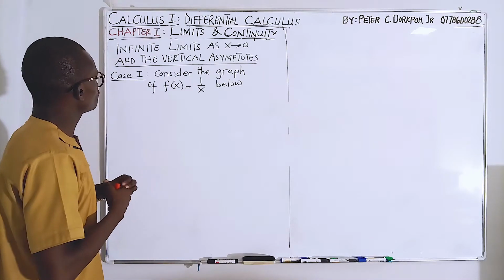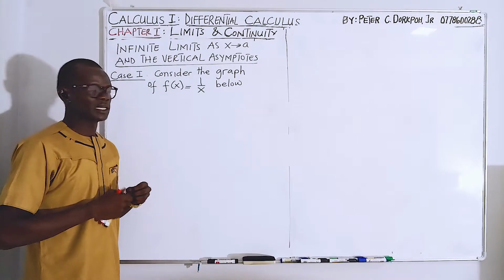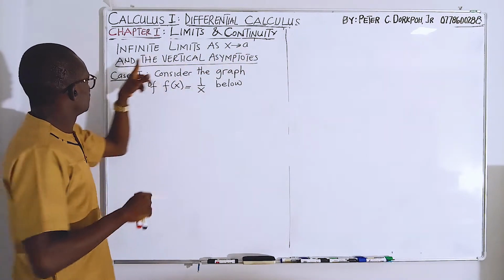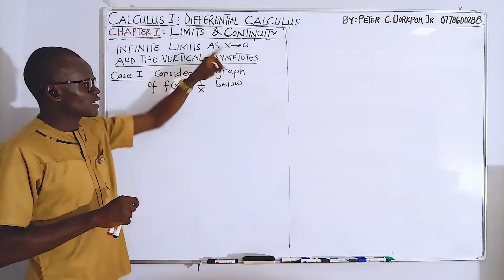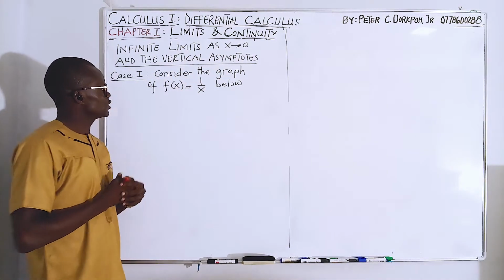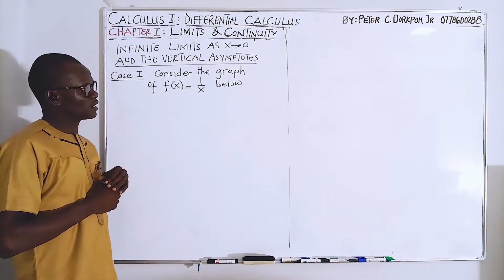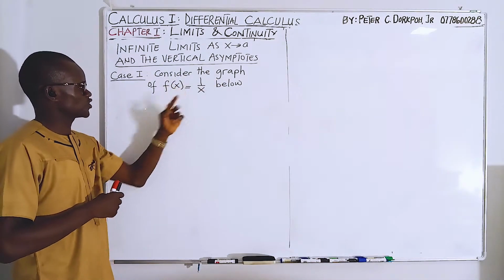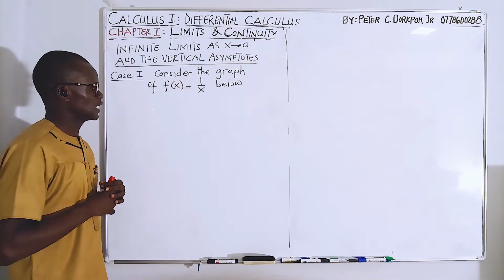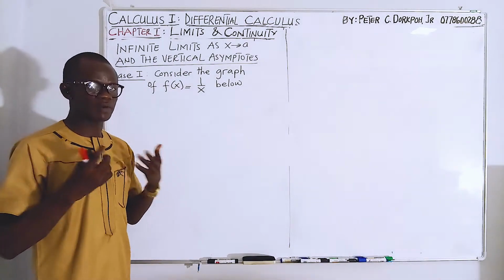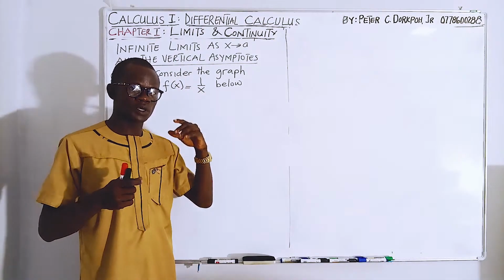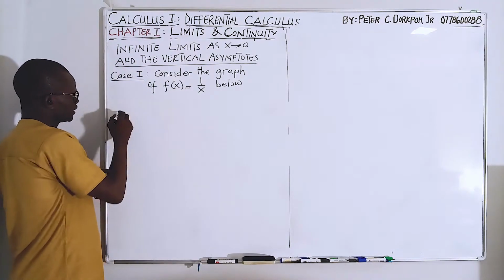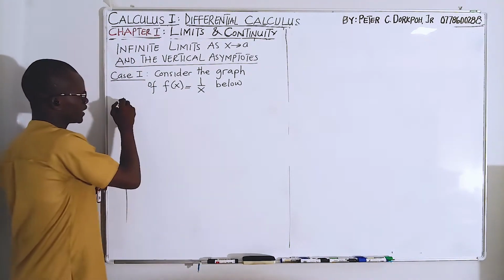Okay, now let's move to infinite limits as x approaches a and the vertical asymptotes. So now, there are two cases that we want to look at. Case 1, let's consider the graph of the function 1 over x, and then in the next case we'll consider the graph of the function 1 over x squared. So what if we consider the graph of the function 1 over x,